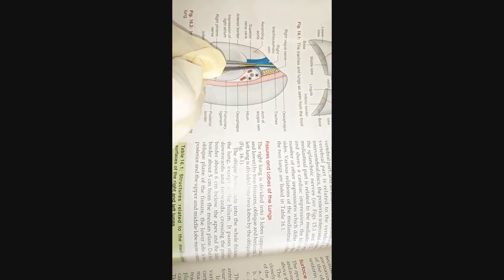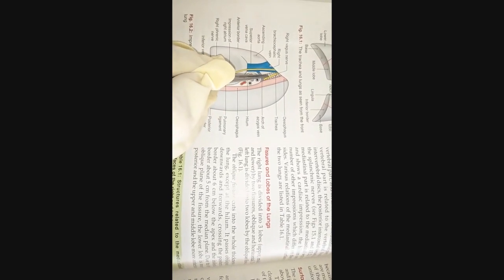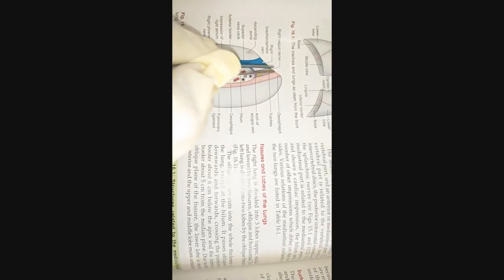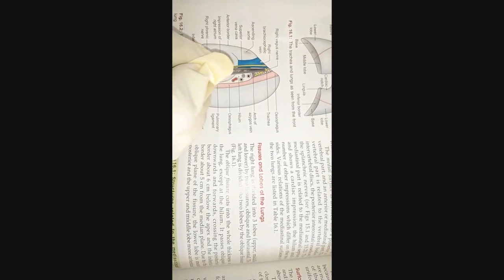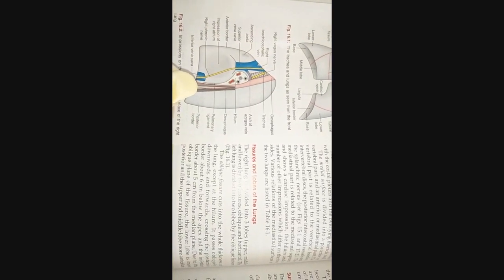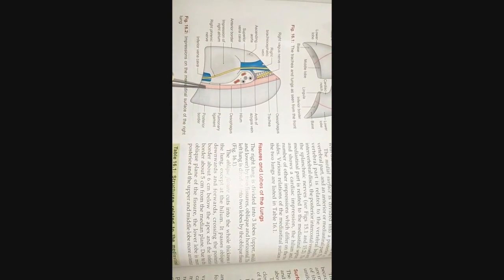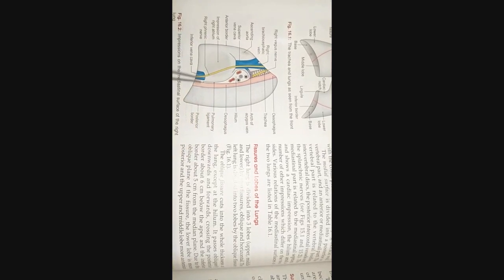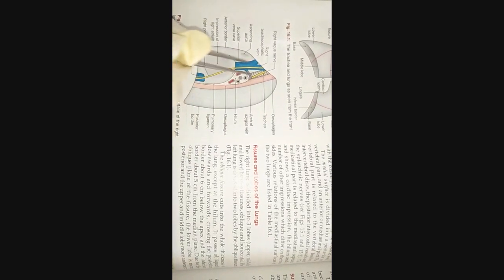That is the groove for the arch of azygous vein. As we know, the arch of azygous vein opens into the superior vena cava. Above it and behind the superior vena cava, there is an impression for the trachea along with the right vagus nerve. Behind the root of lung, there is an impression for the esophagus. So these are the impressions we can see on the right lung.